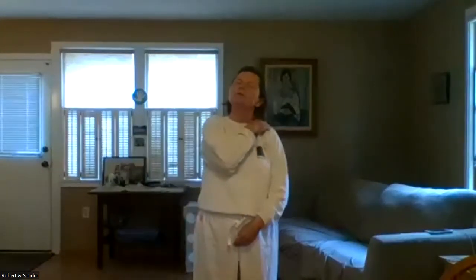Ichi, ni, san, shi, go, roku, shichi, hachi. Now left ear to left shoulder. And forward and back, ichi, ni, san, shi, go. And right ear to right shoulder and back and forth, ichi, ni,